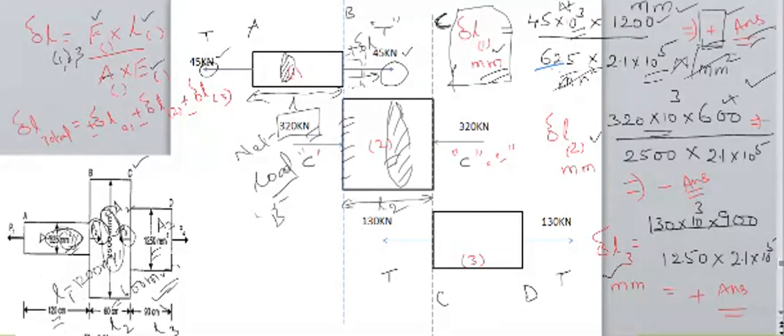Therefore, directly I can take this as 2500 mm square. And next I need the Young's modulus of that component. It is made up of the same material. Therefore, I need to consider the same Young's modulus, 2.1 into 10 to the power 5. Therefore, substituting all values in the equation,